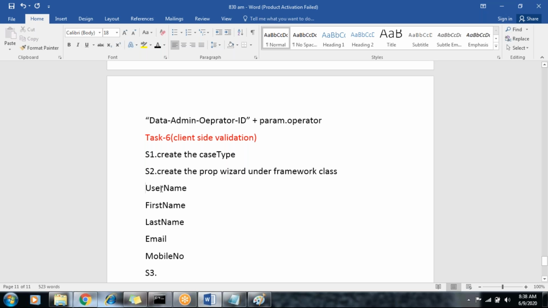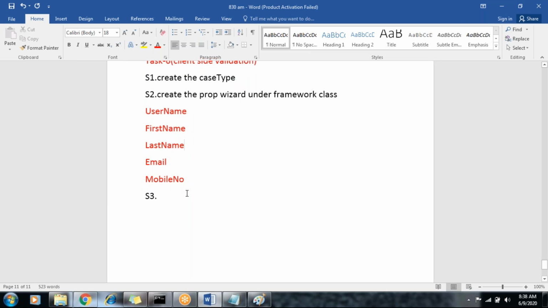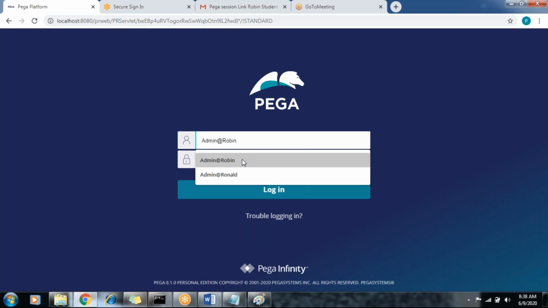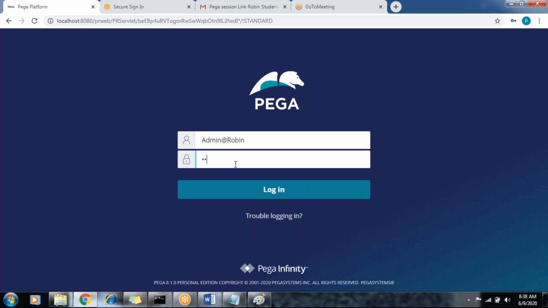So let's create these properties under this framework, and then you can apply the validations on these properties. Let's come back to the application. Admin login, the password is rules, and click on login.